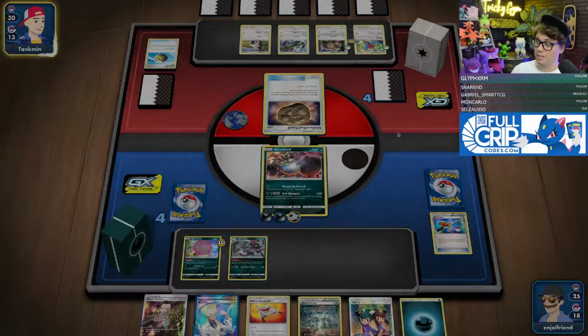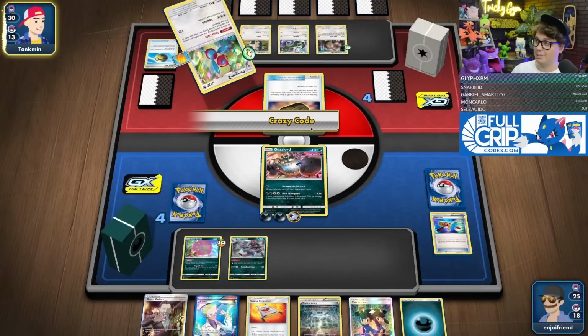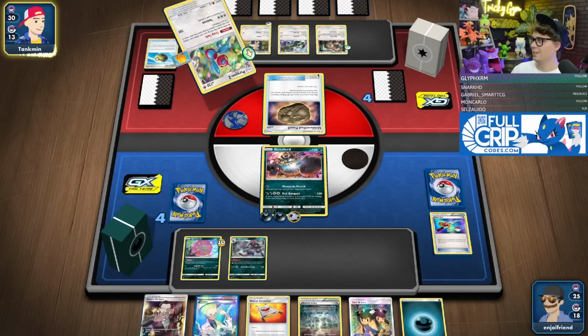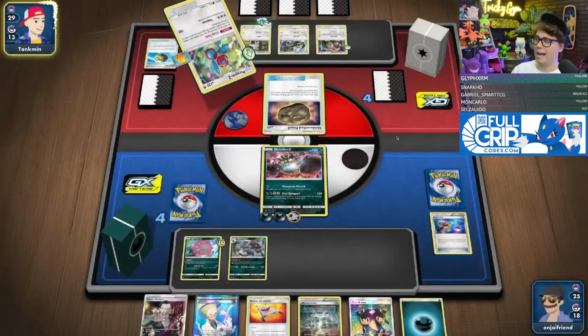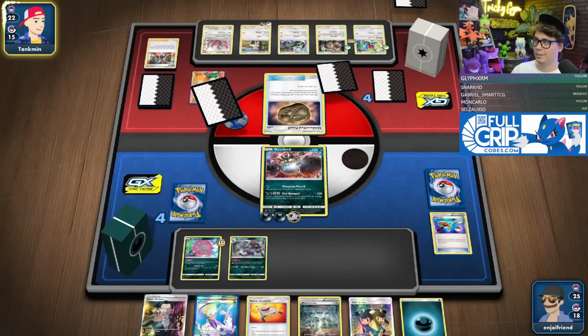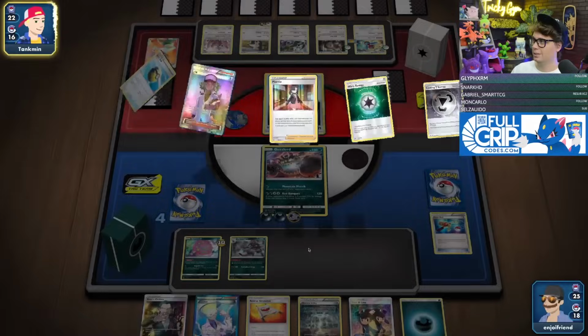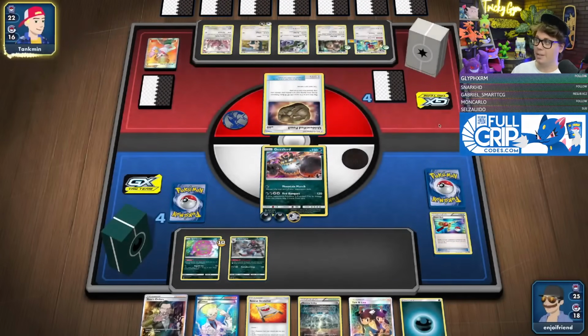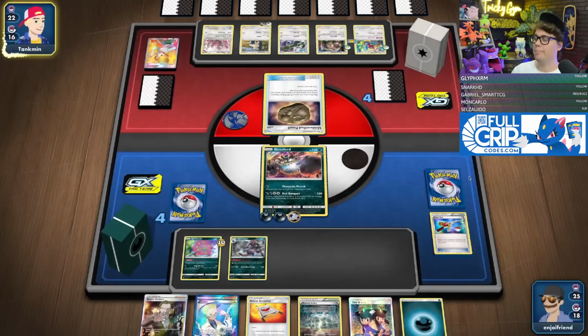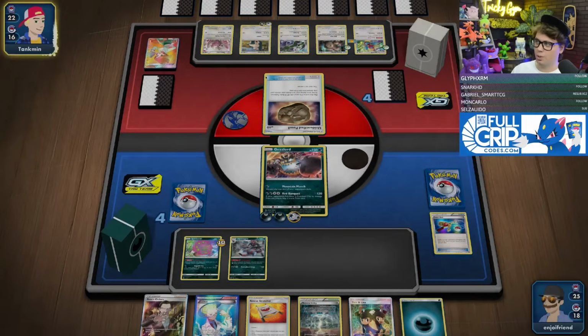Guzzlord has 150 HP. Tankman knows that the best Pokemon to take a knockout on the Guzzlord is probably Aerodactyl, which does 180 damage, but it looks like Snorlax is getting powered up. The unidentified fossil is a free pivot because it can just get discarded from play. Snorlax has 150 hit points, though, which may be why Tankman is going for the Snorlax over...